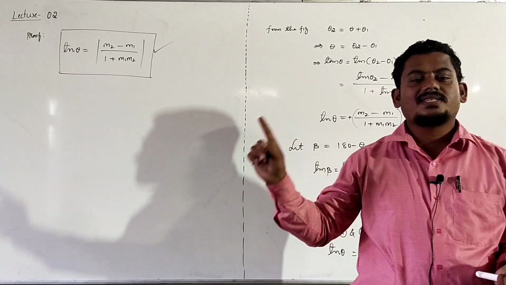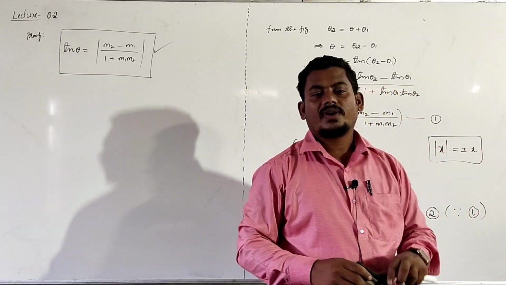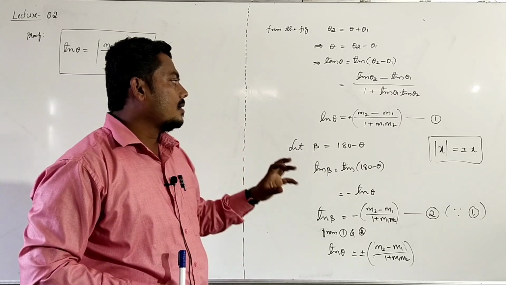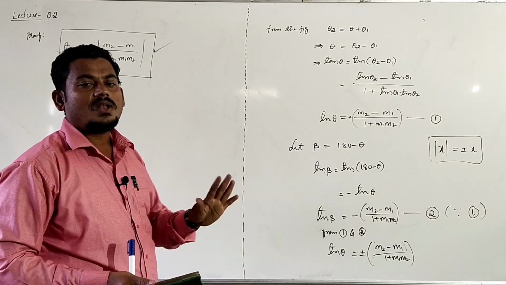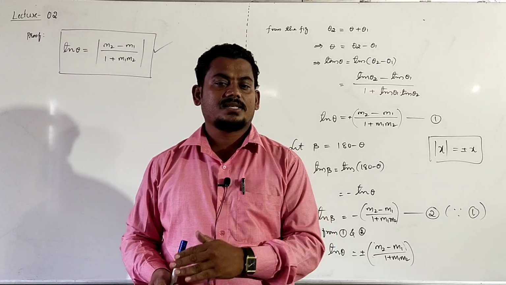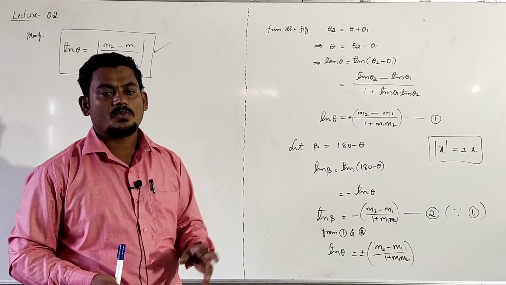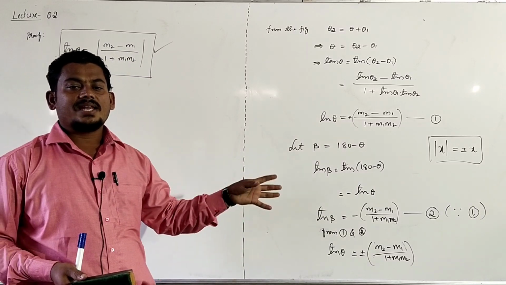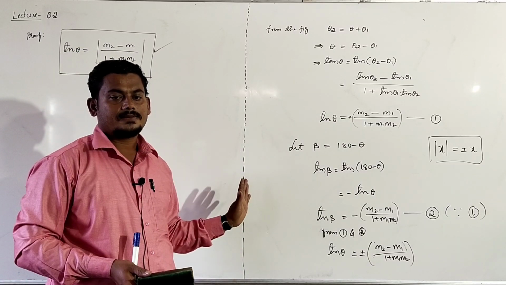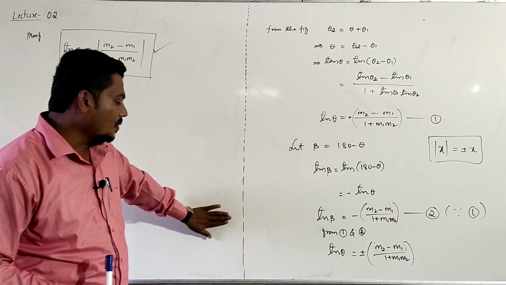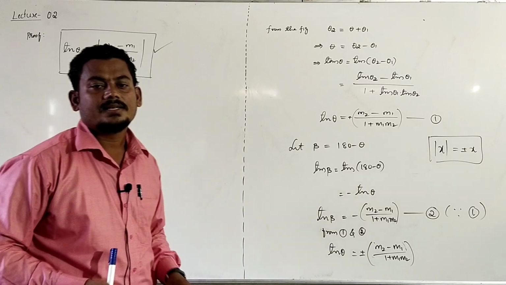These two derivations are very important for the examination, for the PU examination. Derive the formula for the angle between two straight lines, and derive the formula for finding the slope of the line joining two points. Both derivations are very important. Just practice this, right? These are very important. If you have any doubt, just ask. Okay, thank you.